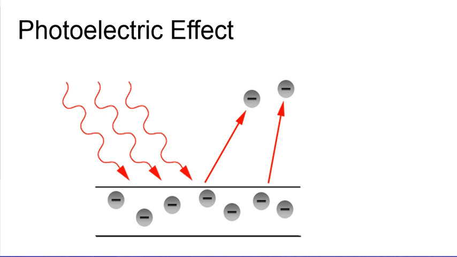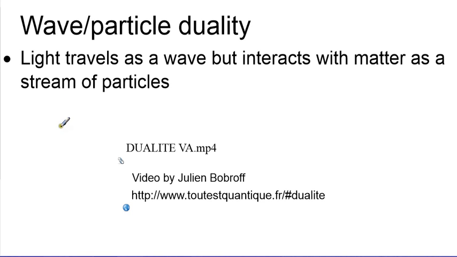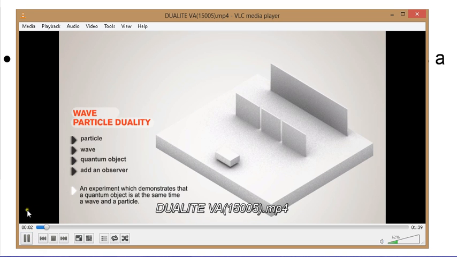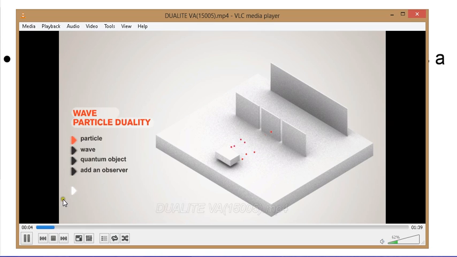So the photoelectric effect means that there is a wave that hits a material. It interacts with that material and causes an electron, or a particle, to be removed. This showed the particle nature of light, which was different than if light was purely a wave. There's a good video that I found that helps to show this. And this shows the wave-particle duality.